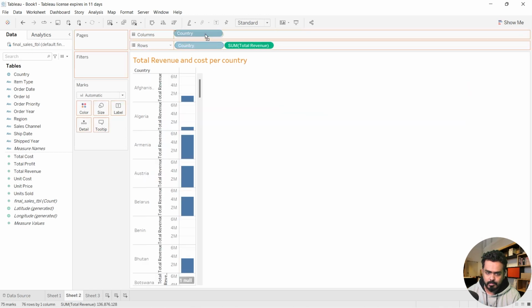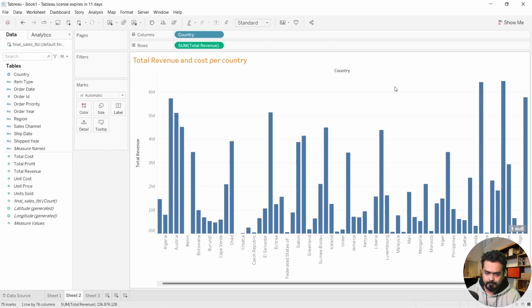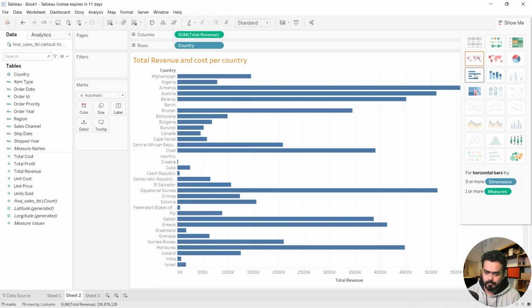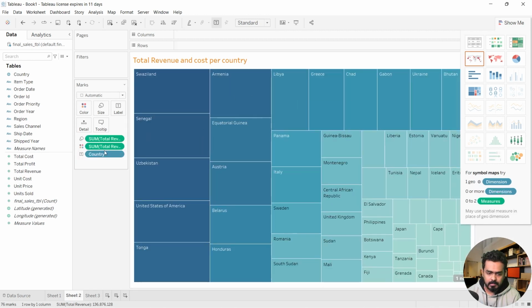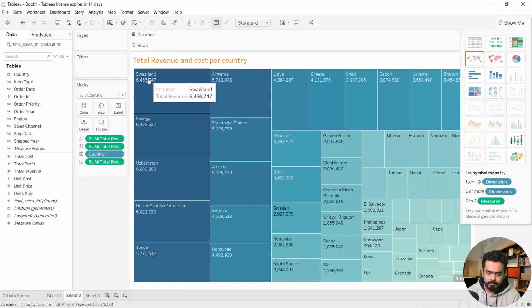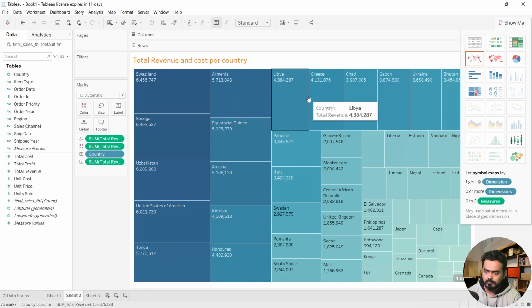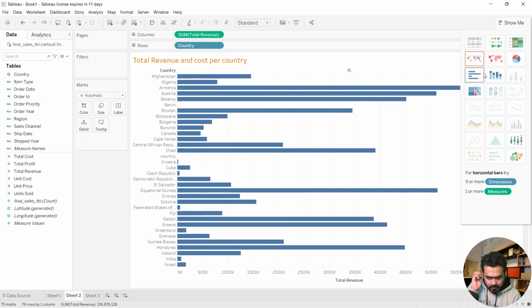Add this and this over here, same thing, fine. But when I switch to this, I'm getting total revenue label. Okay, I have highest revenue for this. Okay, so if I change to this chart, so if I can just arrange this, for example, here based on